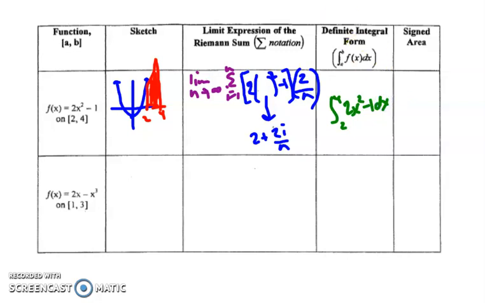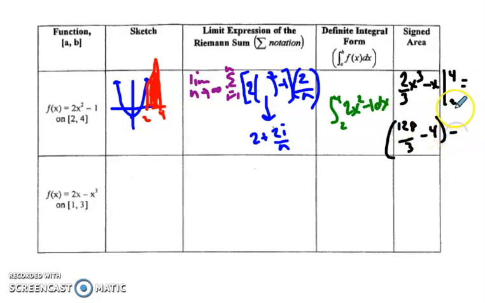I'll go ahead and do this one by hand again. I guess none of these are super difficult to do by hand, so I think it's better to teach you to do it by hand using the fundamental theorem of calculus. So integrating 2x squared minus 1, I get 2/3 x cubed minus x, and evaluating that from 2 to 4 gives me, let's see, 4 cubed is 64 times 2 is 128, so I have 128 over 3 minus 4,